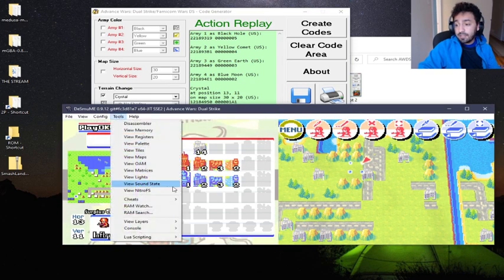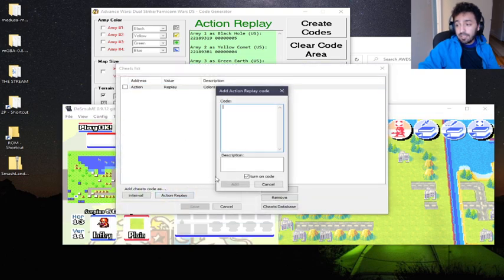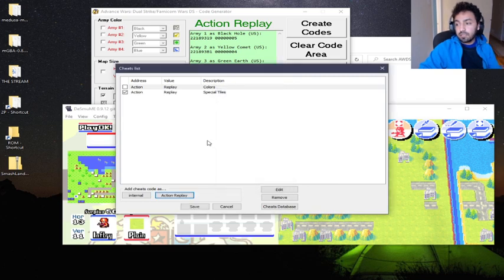I actually find it to be easier now that I know how to insert maps, rather than doing it this way, because this can be very tedious. It's easy, but it's tedious. So we're going to put that there. I usually just have one called special tiles. I'll usually keep all the special tiles on one code, essentially. So boom, add it,